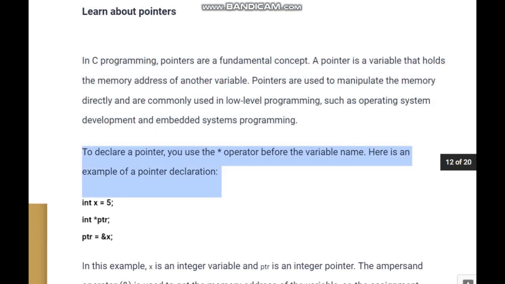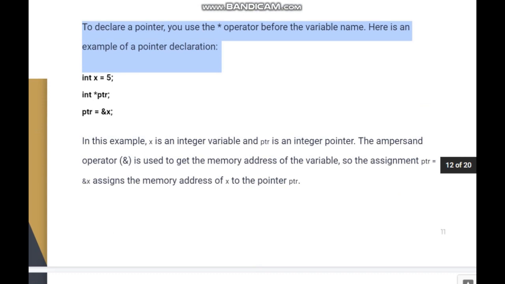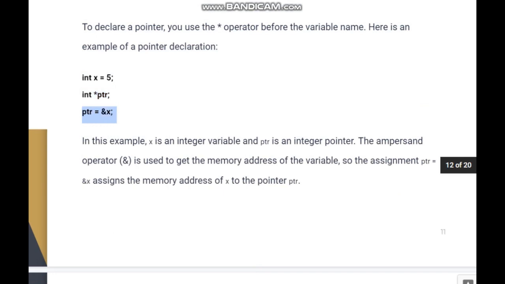To declare a pointer, you use the asterisk operator before the variable name. Here is an example of a pointer declaration. int x = 5; int *ptr; ptr = &x;